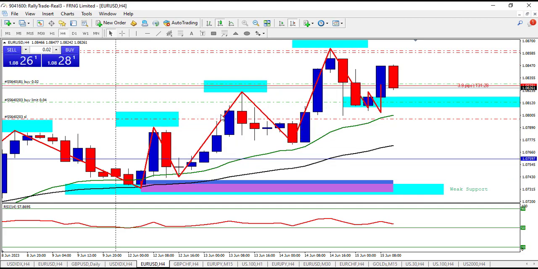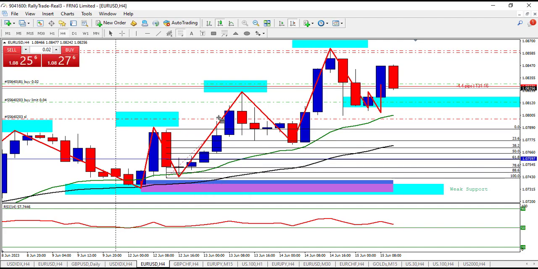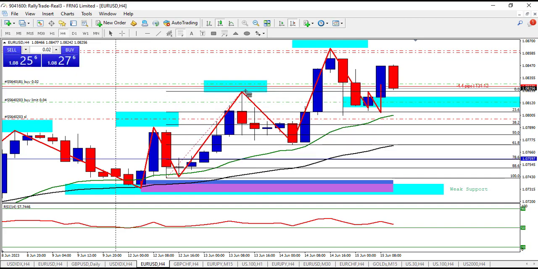So there was already a line there. Fine. Let me draw again. You draw from this low. You can see the screen. You draw from this low to this high. So you can see all of these numbers at my far right. These numbers are the Fibonacci levels, right? And golden ratios that you can use.